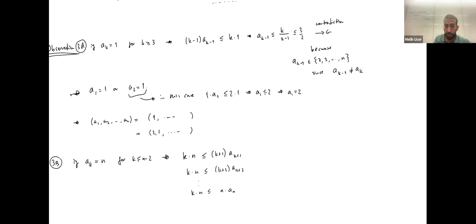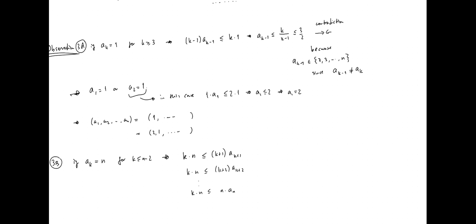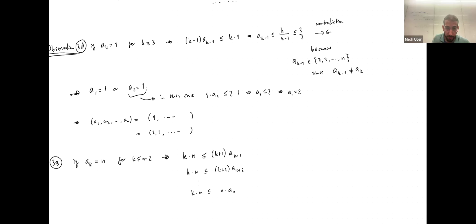So let's try to do this in general, right? You are trying to prove that each of these is greater than K. Because if you put K, it will not satisfy, because this is less than N, except the last term. So for these, except the last one, you can say,